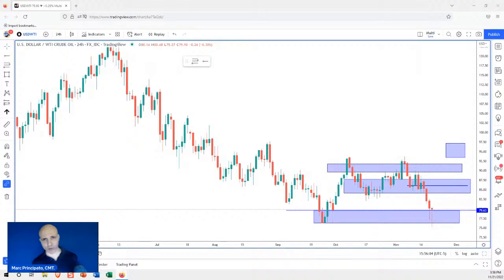How many oscillators do you use? It doesn't matter. It's not going to improve your results. You can flip a coin and get the same results. That is a game of chance. Okay. So it doesn't matter what you know, really. I mean, so that's why I look at the simplest pieces of information possible.